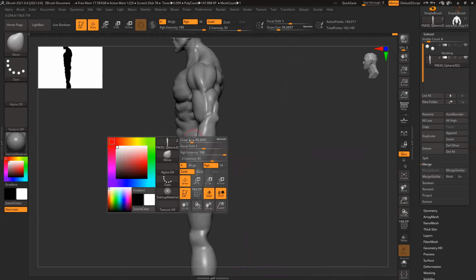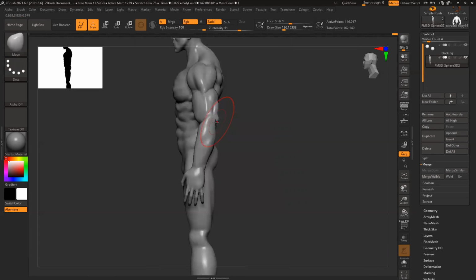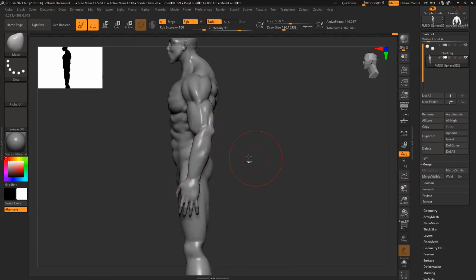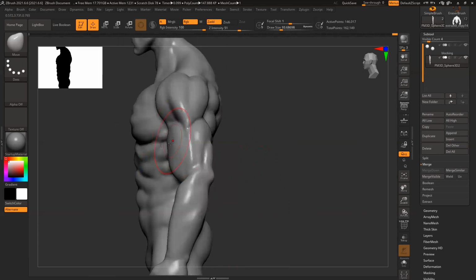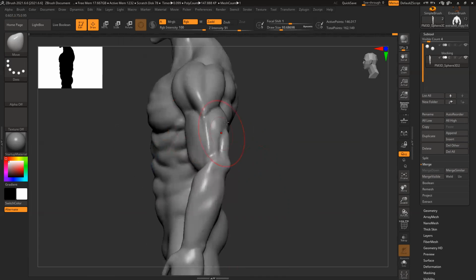Move brush. Slightly reduce. Looks way too much.